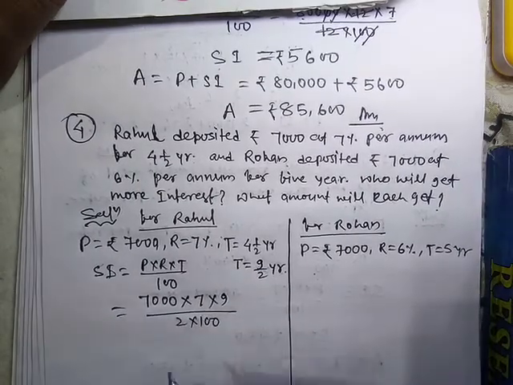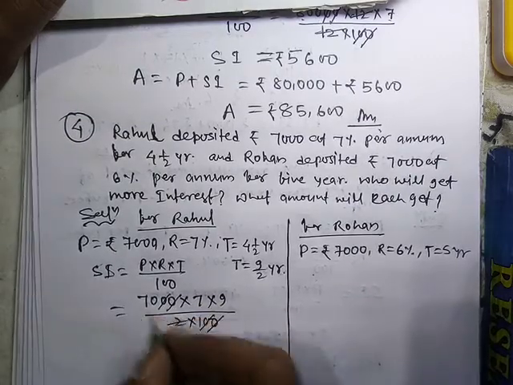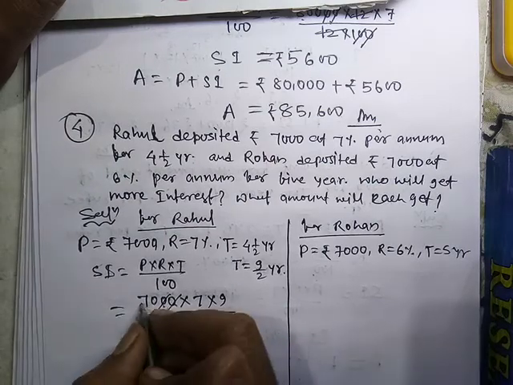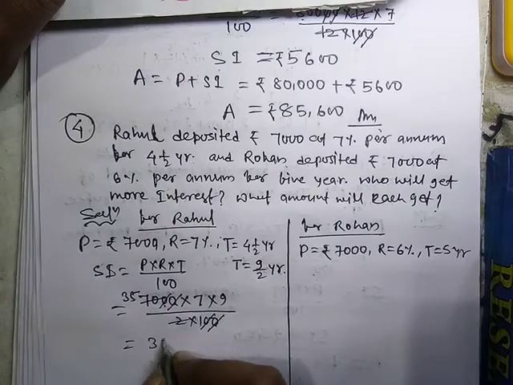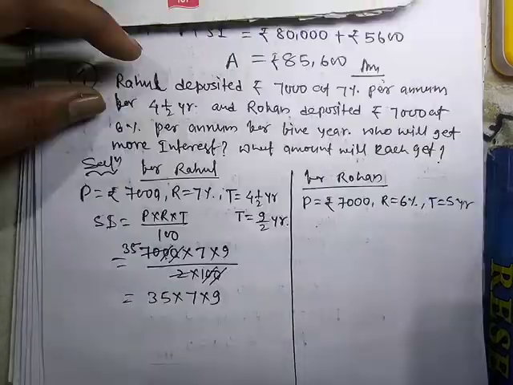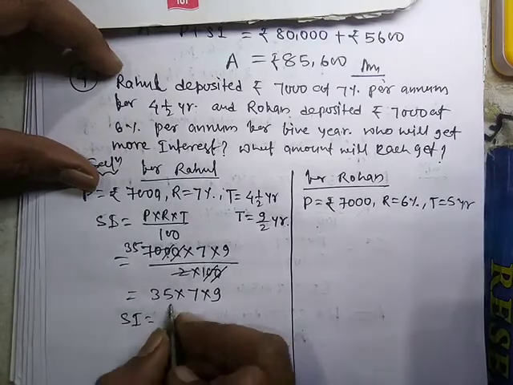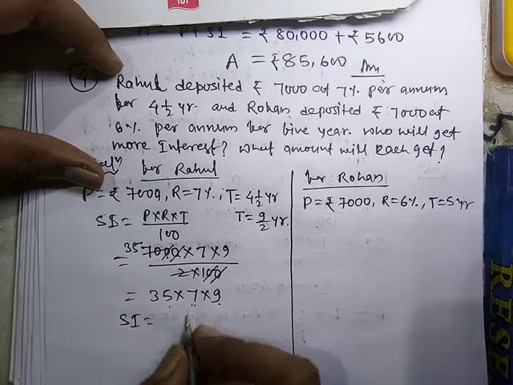So we write 2 in the denominator. After calculating, we get 0 cancels with 2 zeros and 2 cancels with 70, 35 times. Then you get 35 into 7 into 9. So SI is equal to 35 into 7 into 9. It means 63 into 35, that is